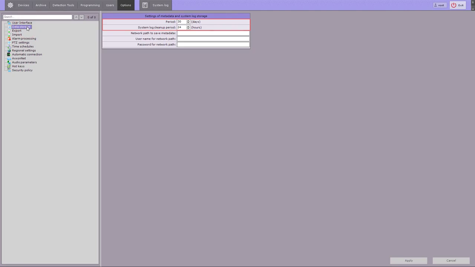You can use the Option tab to adjust the events retention time in the database. You can use the period field to set the number of days to store Postgres events data and corresponding metadata. In the System Log Cleanup period field, you can set the time interval between system log checks. For example, all events in the database will be checked once every 24 hours, and events older than 30 days